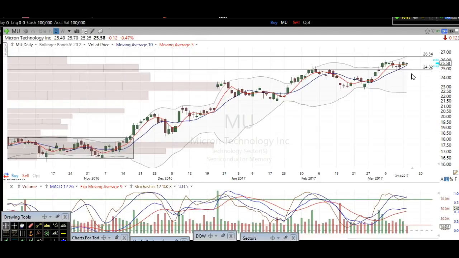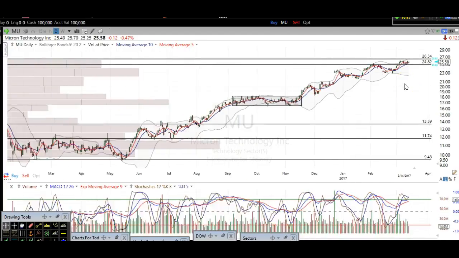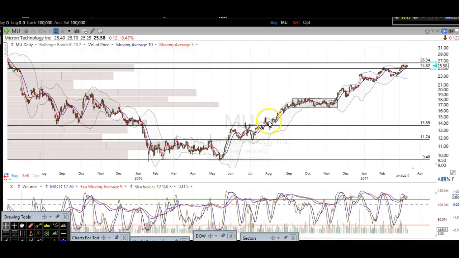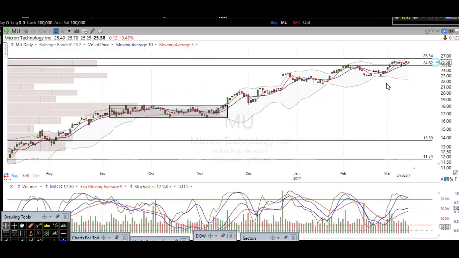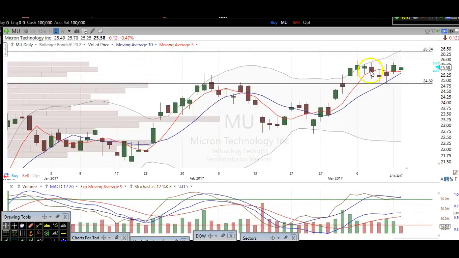And MU, I want to point out something really quick here. It's a very bullish stock here. Has gone virtually straight up since May of last year. You can see this very beautiful trend right here. Very nice trend. And right here, in the short term, we've got a couple levels that I want to point out here. So here is this resistance at about